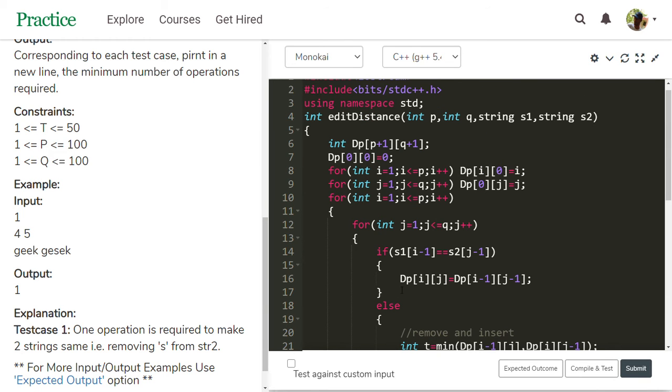See, this is the function edit distance. This is solved easily, and the best way is dynamic programming. Here is the array dp with sizes p plus 1 and q plus 1. Initially, if there are no values, assume string 1 and string 2 are not there. Then no operations are required, so dp is 0. dp00 is 0 when there are no values.